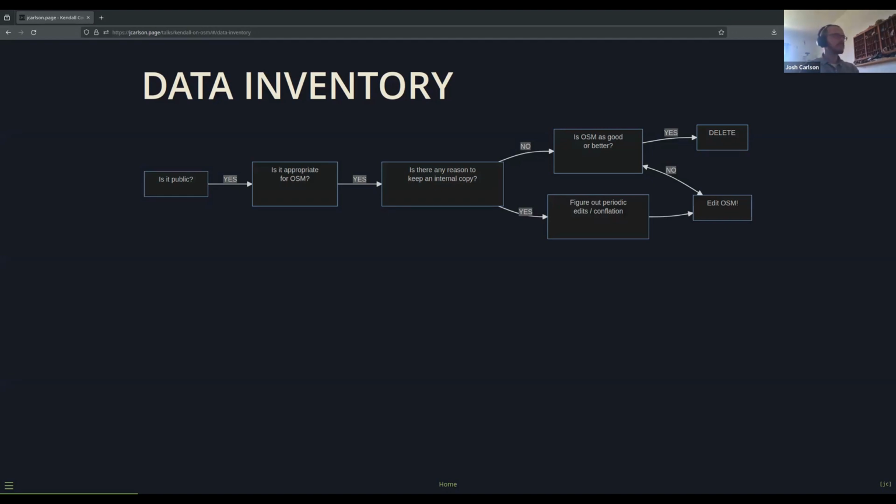So we got rid of a bunch of stuff that we were maintaining internally. And we're still in the process of adding to the map from some of our old things. There are some layers that we do have to keep on the county side, but would still make sense in OpenStreetMap, like address points. So we're just trying to formalize a regular periodic conflation process to make sure that new addresses we're adding will get onto OpenStreetMap, but have the correct tagging and make sure nobody else beat us to it and not duplicate stuff.